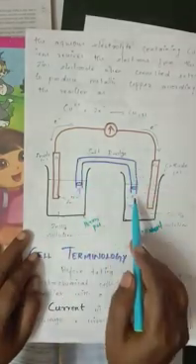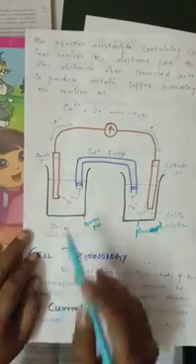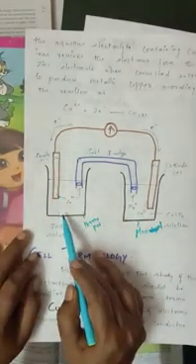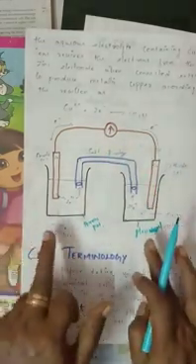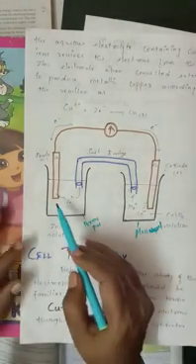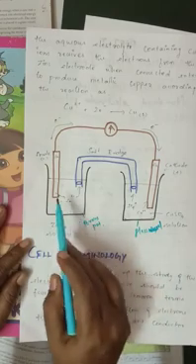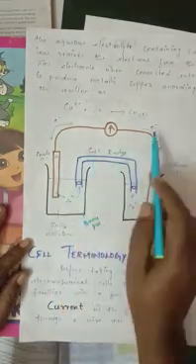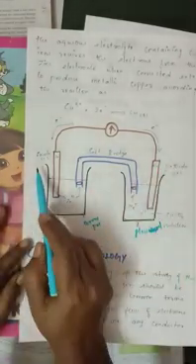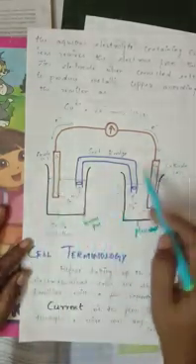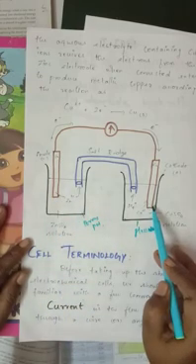Here the salt bridge is placed in between, and the cell is connected externally through a wire. In this compartment zinc is placed in the zinc sulfate solution. The voltmeter is also connected here. The redox reaction takes place here. In the zinc sulfate solution, the zinc releases electrons and becomes zinc 2+. These electrons are transferred towards the right side compartment. This is the left side of the compartment, and this is the right side. This is known as the anode compartment, and this is known as the cathode compartment. Here the zinc rod is placed, and here the copper rod is placed.